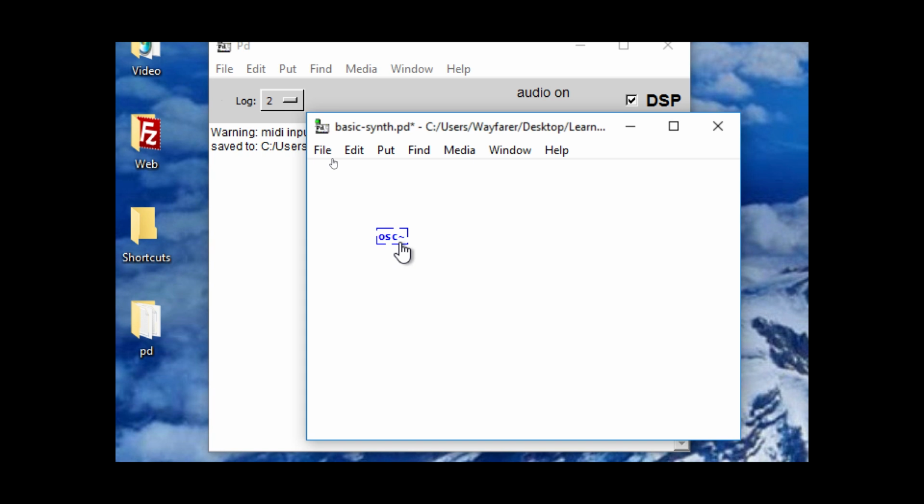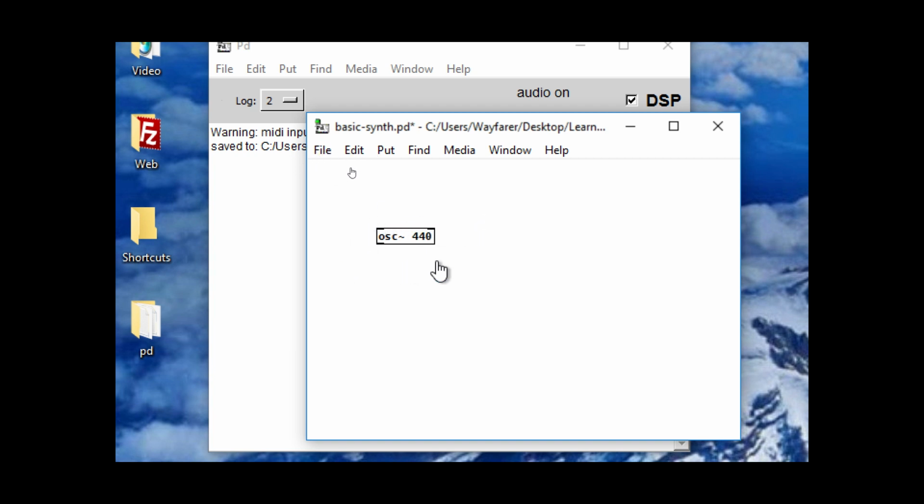If you hold down the Shift button and then press that key, you'll get a tilde. Looks like that. It's part of the name and you need to have it. Then we're going to make a space. We're going to type the number 440. And then what you do is click outside the object with your mouse, left click, and now it made